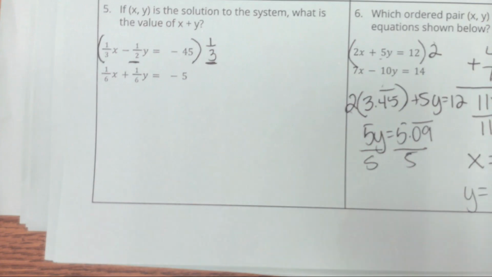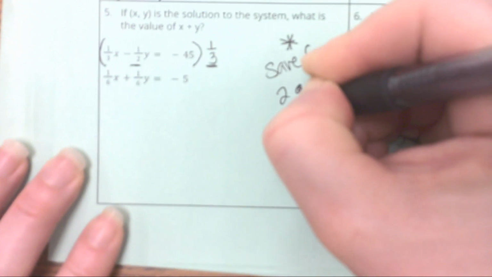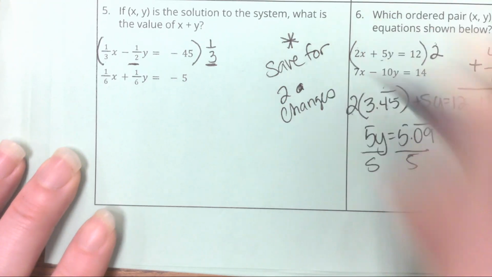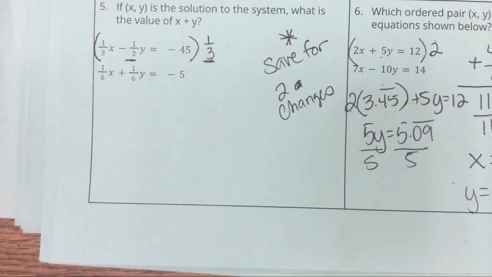But I'm going to save this one for when we do 2 changes. So we're going to save that for tomorrow. Okay, here's what I need you to do. Leave this